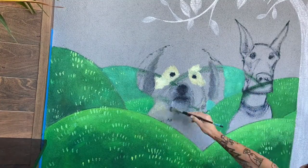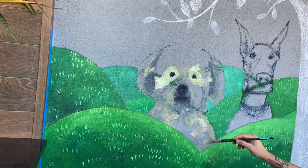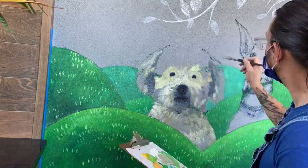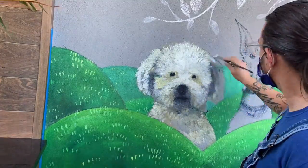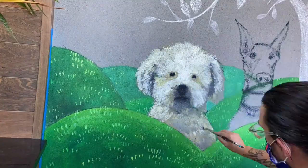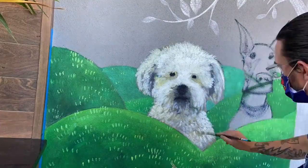And now we get to the actual dogs. And I'm very pleased and a little happily surprised at how quickly I was able to paint each of these dogs. Something about this surface making me slow down made me think a little bit more about what I was doing